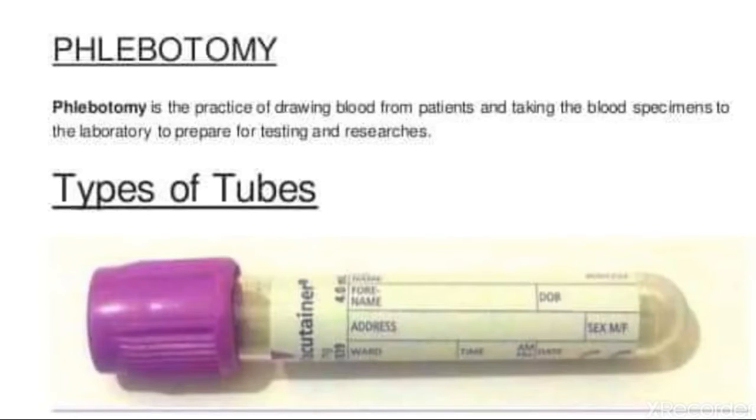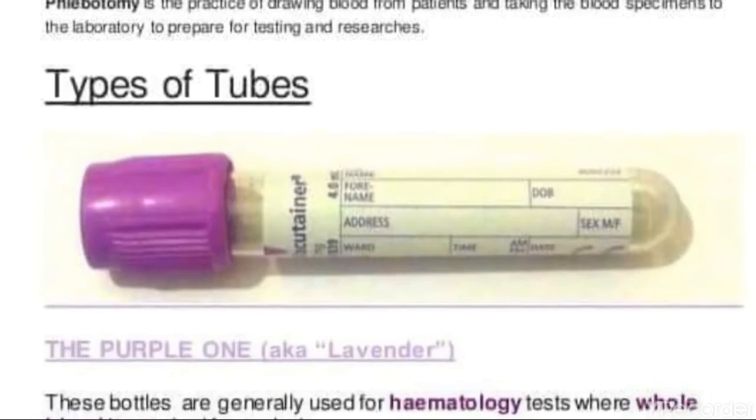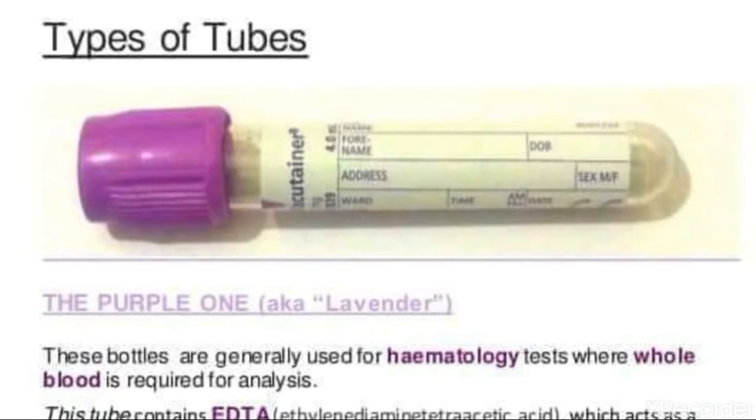This is phlebotomy. And in this phlebotomy we will discuss the types of vials, how many types of vials we use and what are the purposes of these vials, which one contains anticoagulant and which do not. You can see on your screen that this is the purple one, or you can say the lavender color vial, because its cap is lavender color. So you should know the use. Generally you can say this is used for